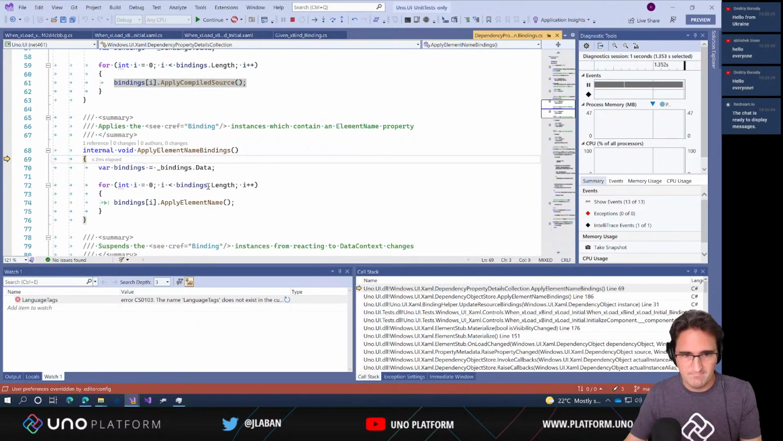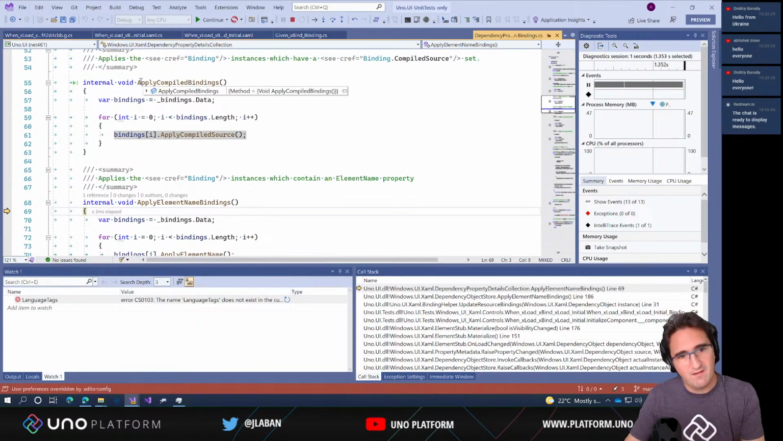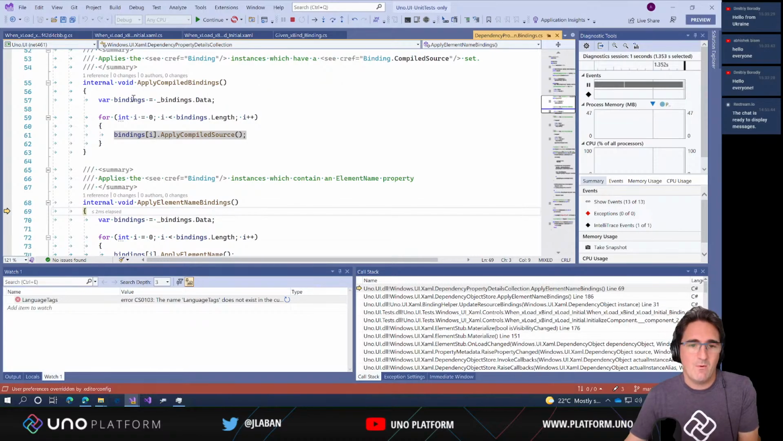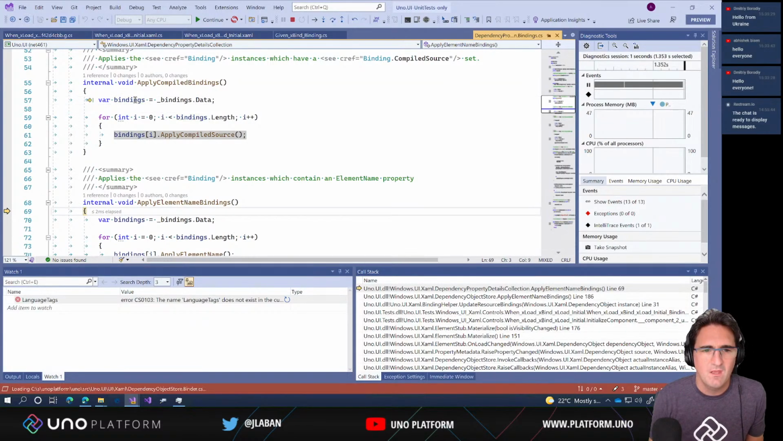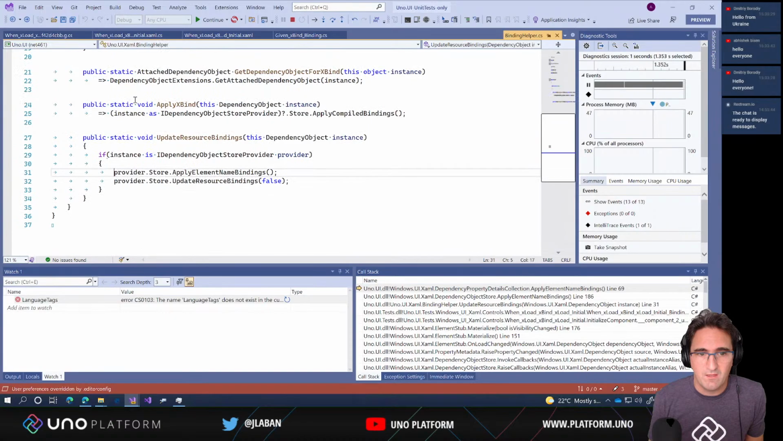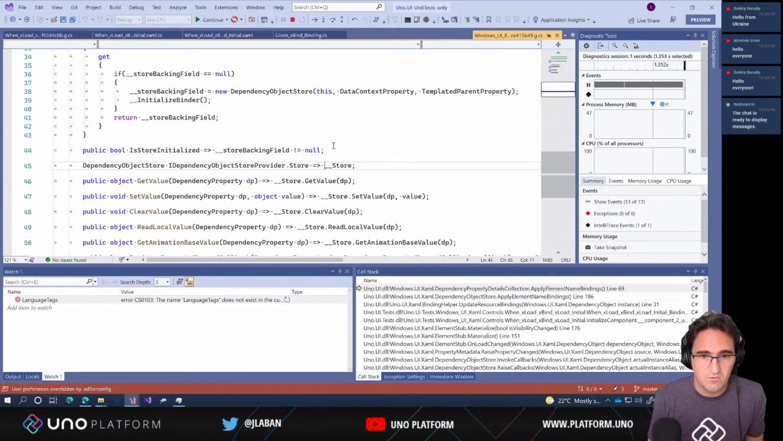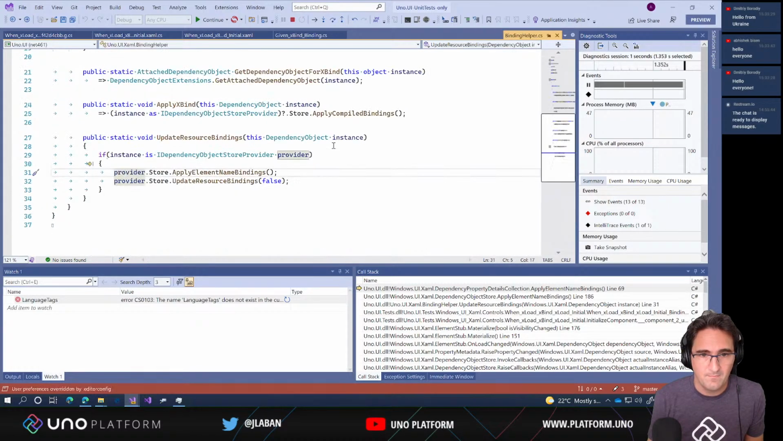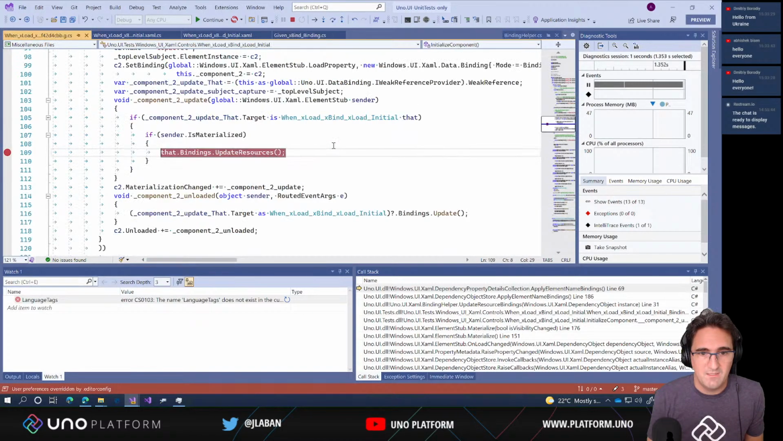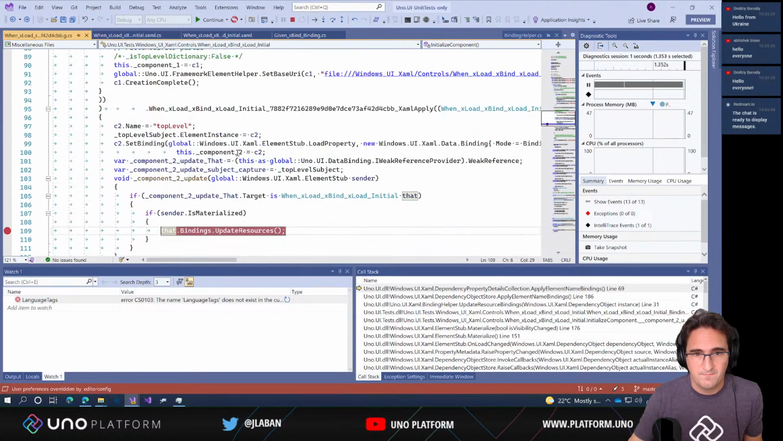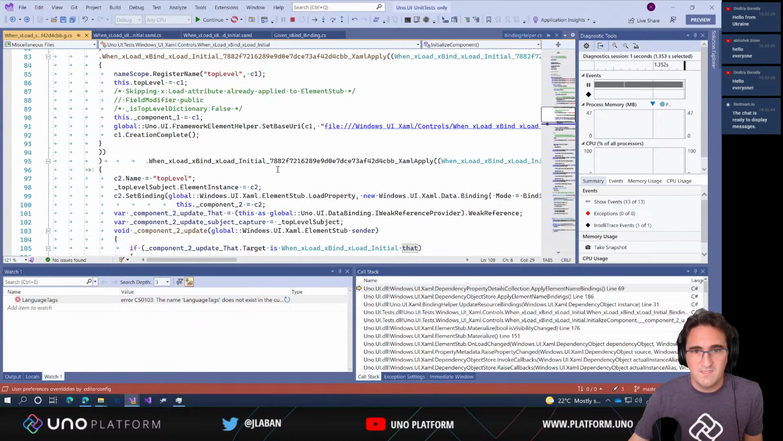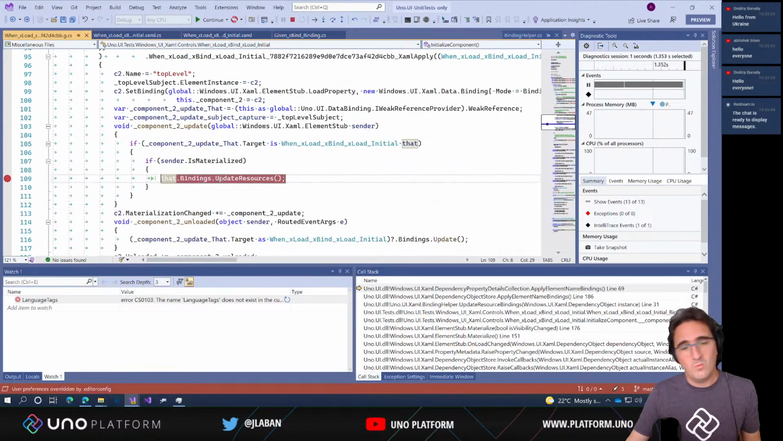So that's not what it's supposed to be doing. We also have apply compile bindings, and that one's supposed to be called as well. So it looks like we're not invoking this for some reason. We have an apply xbind that's supposed to be invoked there. So let's go back a bit. I don't see any apply xbind that's supposed to be called. So when the control is materialized,